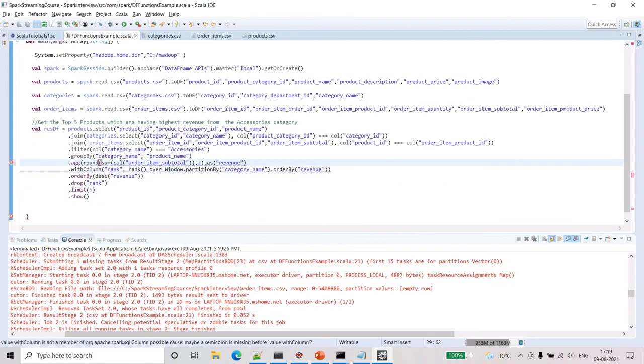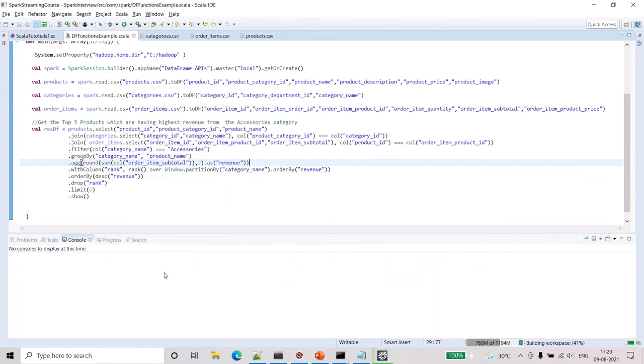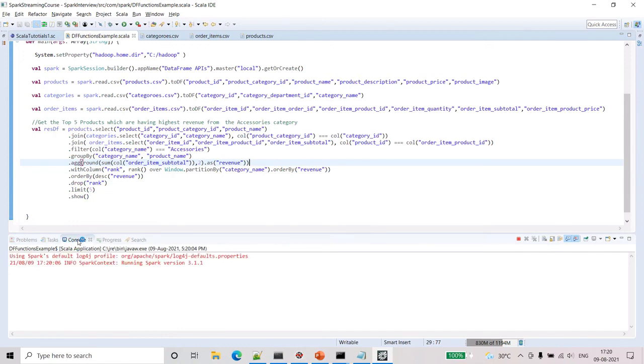Even for this we have to give the alias inside. Okay, these braces always give some problem.